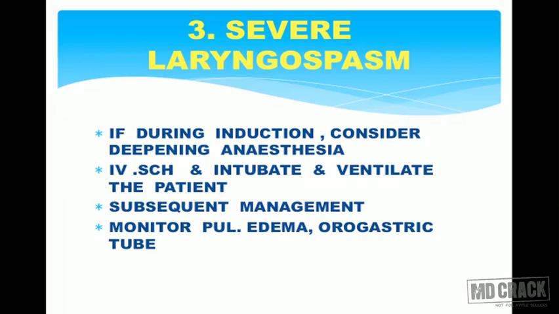If during induction severe laryngospasm occurs, consider deepening anesthesia. Injection Scoline should be given immediately, and intubate the patient and ventilate the patient. Because as soon as you give this depolarizing muscle relaxant, injection Scoline, it relaxes the cords, and laryngospasm from whatever the cause gets cured by itself. But after giving muscle relaxant, you are supposed to intubate the patient, because the patient will not be able to breathe